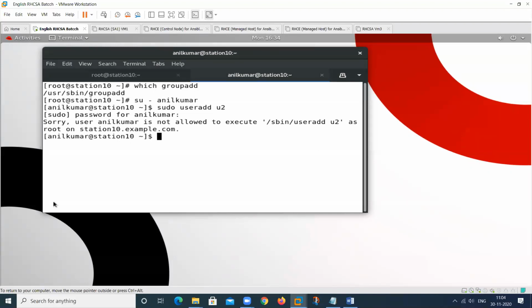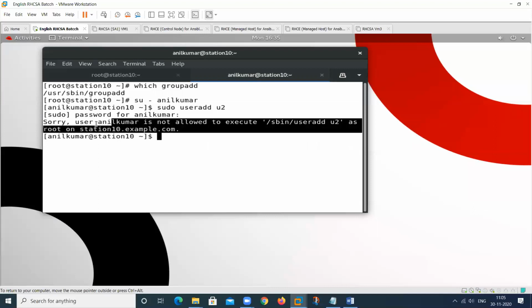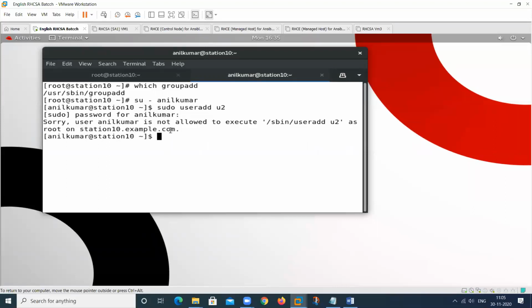At this time, this will show an error: sorry, this particular user is not allowed to execute this particular command, because at this time you have no permission to use all the commands as a super user. So it will show the error clearly, and you can understand the reason behind it.